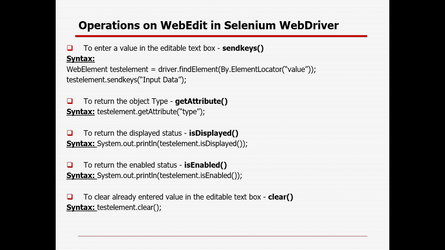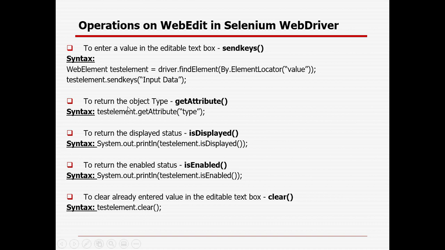Then I will show you what are the different operations we can perform on a web edit box. So in the last session I already showed you how to inspect the element after opening any web page, right, and how we can identify whether a particular field is an edit field, right? We can edit something, right? So these are the different methods available for any web edit field. First is sendKeys, right? You have already seen that if you want to add something we have to use the sendKeys method to enter a value in the editable text box.